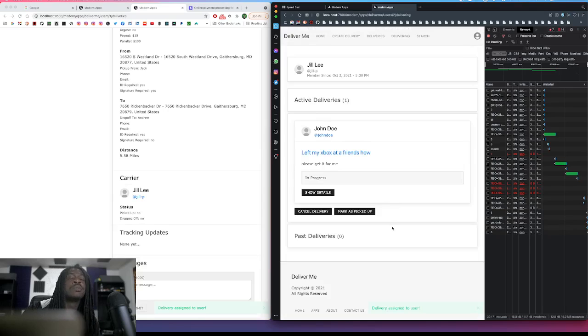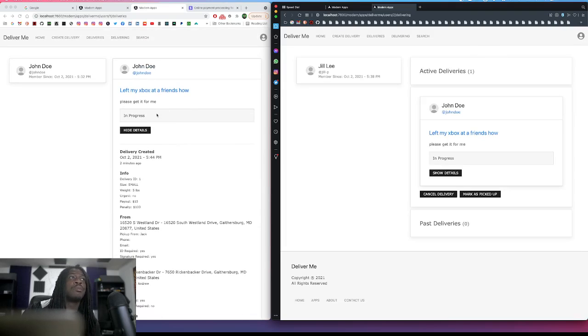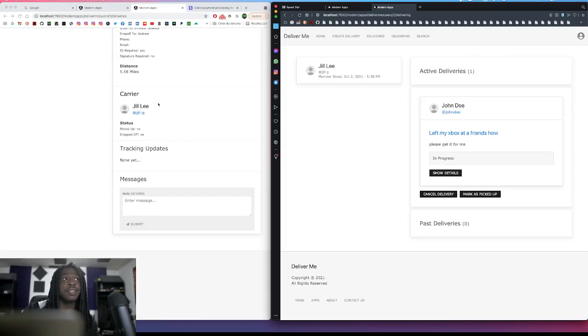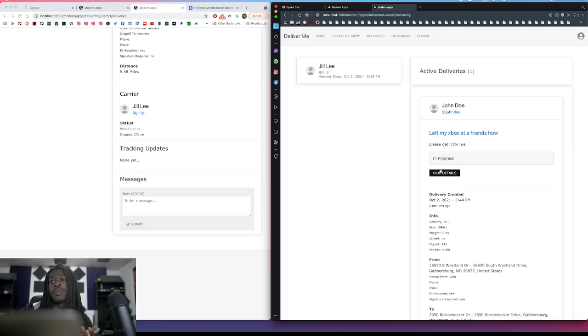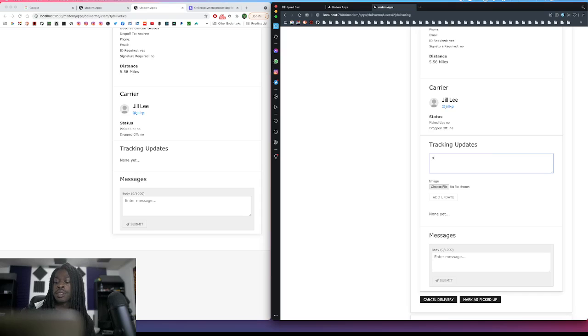Anywho, once you assign it, you'll see now you have this delivery. The person who made the delivery can see it's in progress. Someone took it up and they can see this is the carrier, this person's username, status, picked up, and then we have this section for tracking updates and then messages. So in the real world, UPS and FedEx give you a tracking number whenever you actually have some delivery. So you can come here and say, on my way,